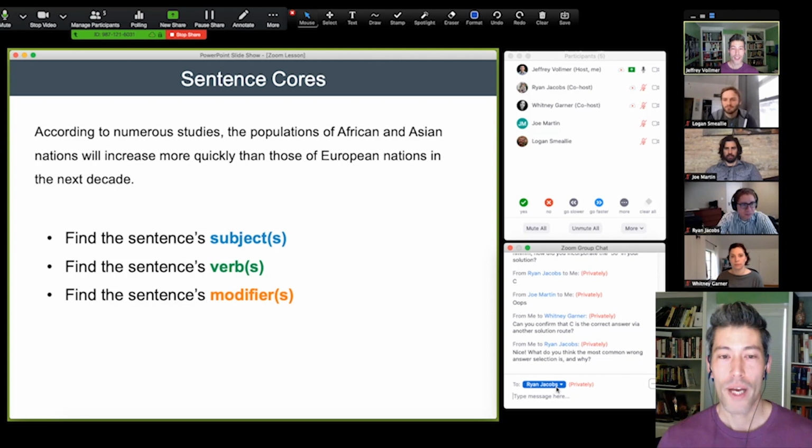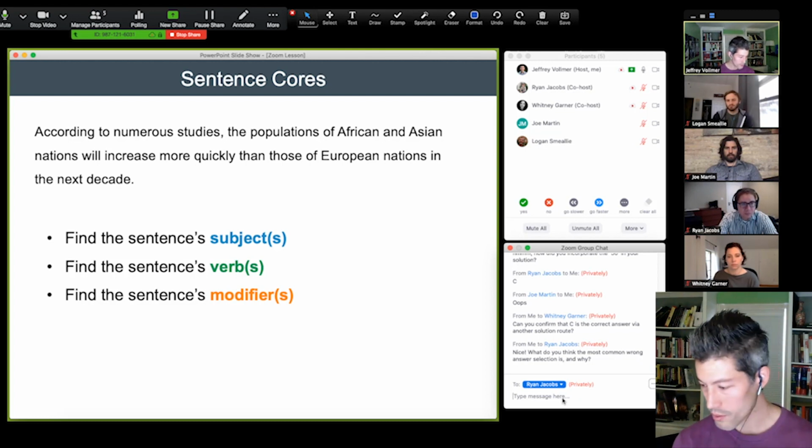All right, so here's a way to incorporate student annotations into the class. What I really like about teaching online is it's maybe more convenient to get students to annotate the board than it is to get students in an in-person class up to the front of the room. So all the students have been working on this problem now, trying to analyze the components of this sentence. And now I'm going to ask individual students to highlight certain aspects of the sentence in different colors. So I'll reach out to Ryan.